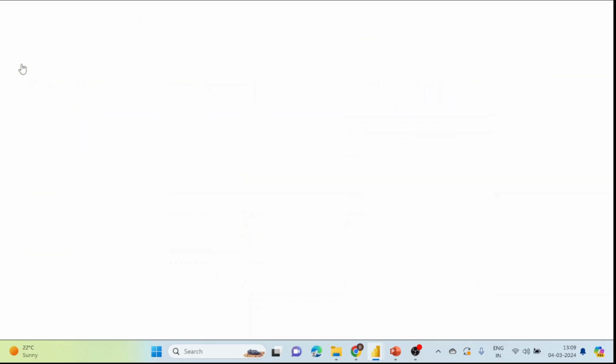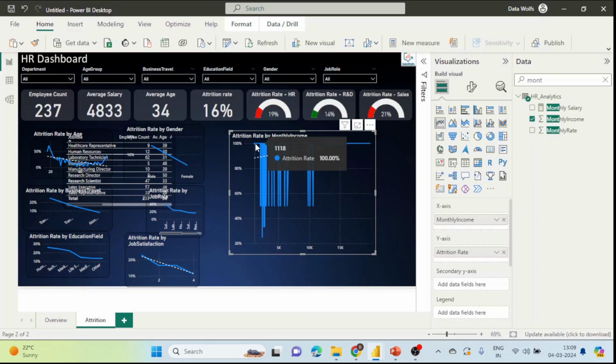So that's why the attrition rate is appearing as 100% for some and 0 for others. This is just because these are not grouped by. For each and every income it is showing. So let's say in 1261 there is only one employee who attrited, so the attrition rate will become 100. So what we need to do is bin these incomes to see how the attrition rate varies with